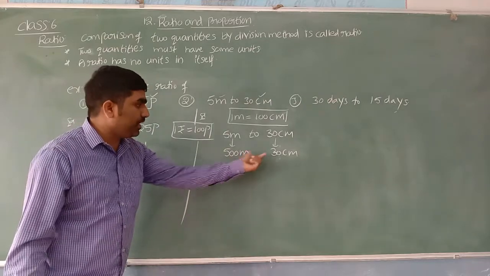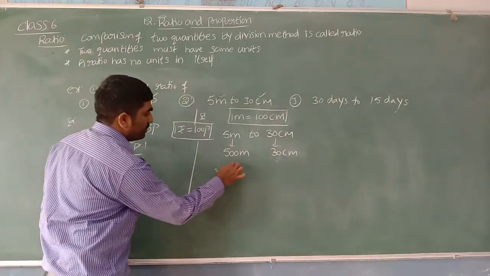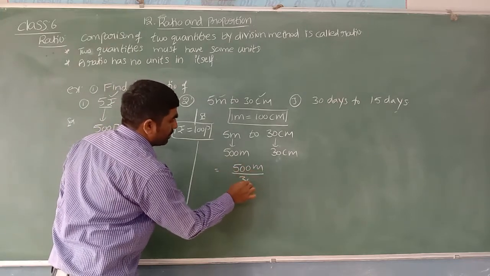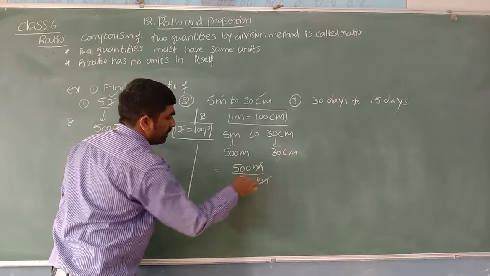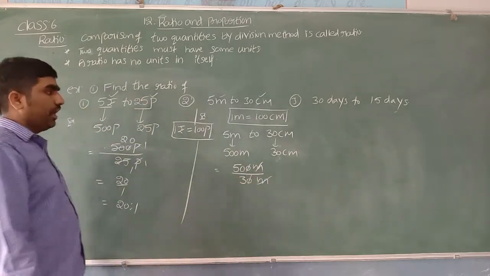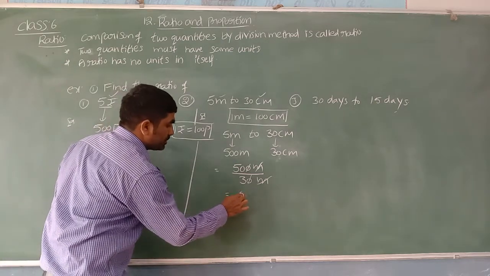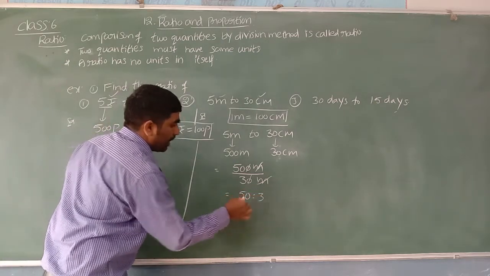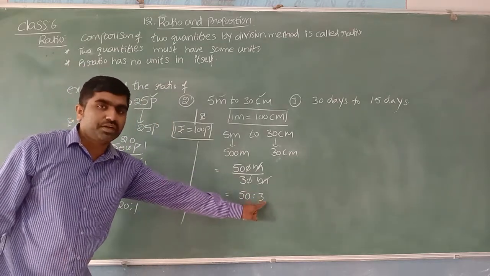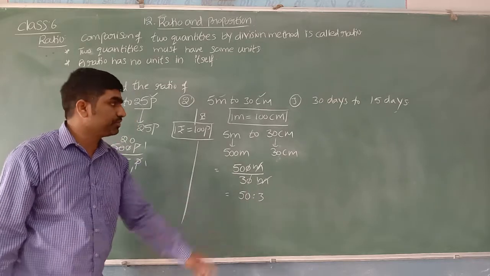Now we can find the ratio of these two. I mean, do comparison by which method? Division method. Let us do comparing by division method. 500 by 30. The zero cancels. The left hand part is 50 by 3. And you know there is no common factor in 50 and 3. The ratio is 50 is to 3. After converting to simplest form, you can write with the help of this symbol. It is called the ratio symbol, which we read as "is to".